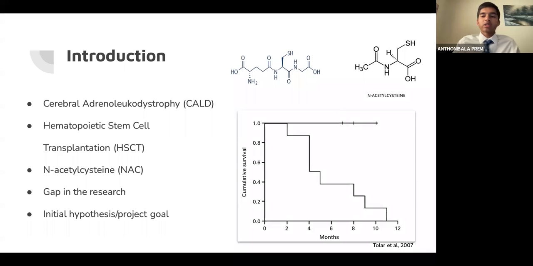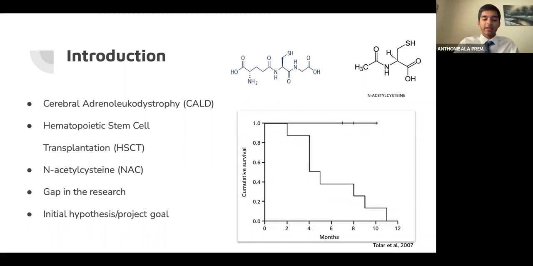ALD is one of the most common peroxisomal disorders and affects approximately 1 in 17,000 births each year. ALD is caused by mutations in the ABCD1 gene, which encodes for the protein ALDP. ALDP is involved in the transmembrane transport of very long-chain fatty acids, and a defect in ALDP causes a buildup of very long-chain fatty acids in plasma and in tissues including white matter regions of the brain, the spinal cord,